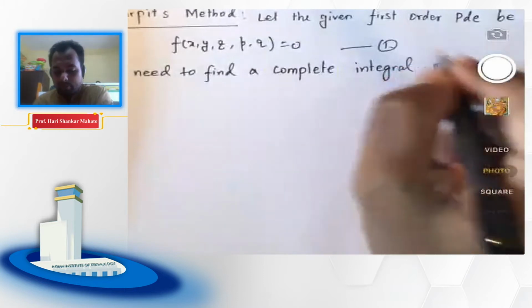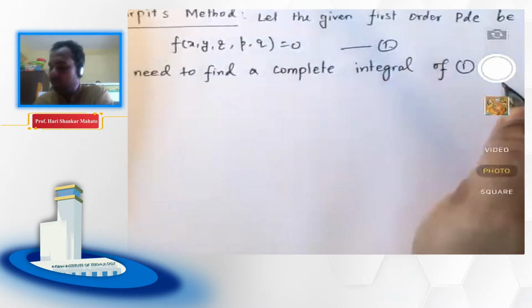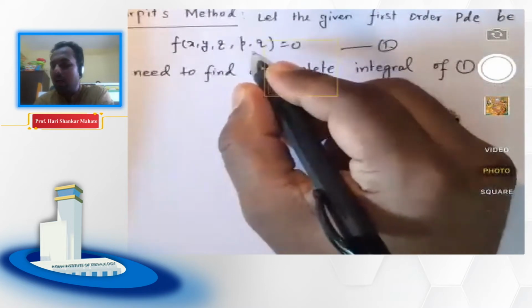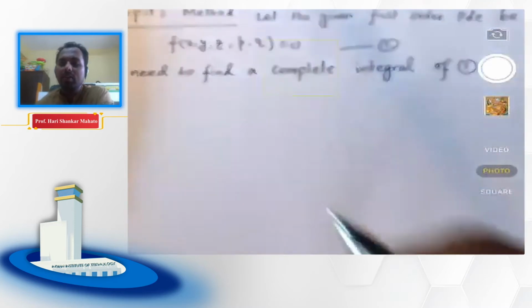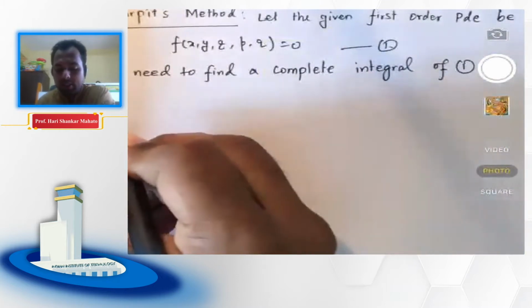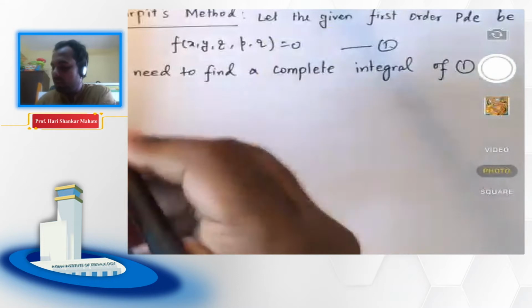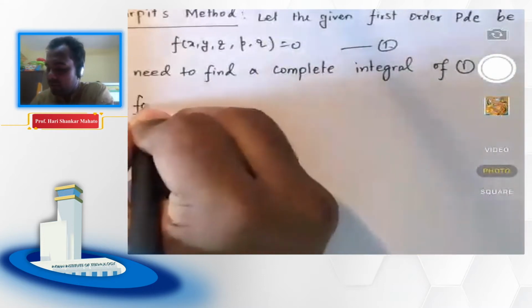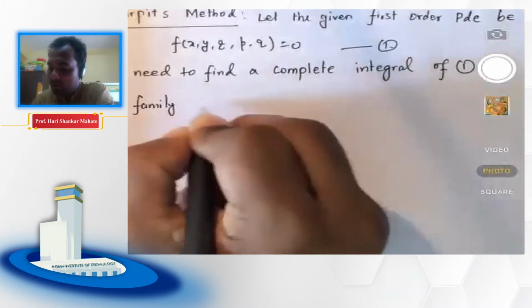So how can we proceed? Here, as you can see, it's a function of x, y, z and p and q. So obviously it's not always linear in p and q. It could be a nonlinear PDE with respect to p and q. And then how can we proceed? First of all, there is a technique that is a little bit different here that we are going to adopt. So we say that a family